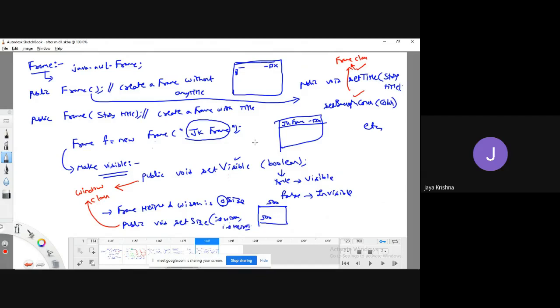Why? Because all the methods are automatically inherited from the Window and Container classes, so there is no need of remembering all these to write the code. Okay, fine. So we have seen various kinds of constructors and methods.